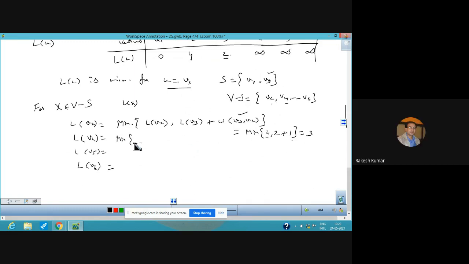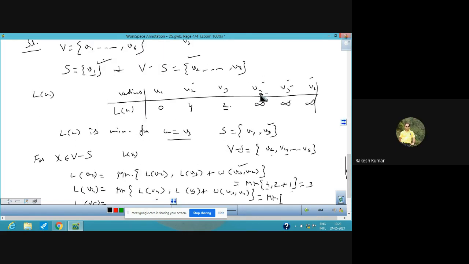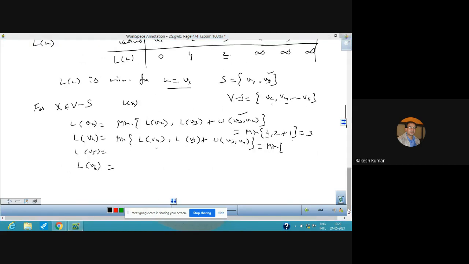Similarly, we can use here LV4, and this should be LV3, and weight between V3 and V4. Now this is the procedure we need to use. So minimum of LV4. LV4 means there is an infinity. This is your L of V4. This is your infinity here. So L of V3 is the same. ये 2 as it is आएगा. Okay, LV3 will never change. In the next step यहाँ पर V2 V4 क्योंकि 2 4 ही है, फिर 5 फिर 6.